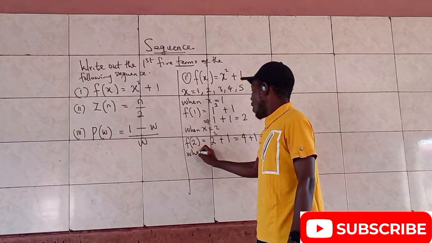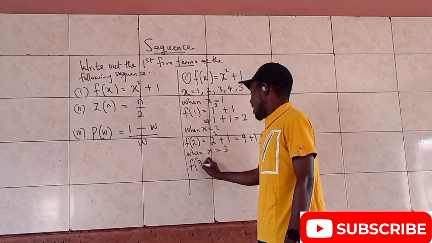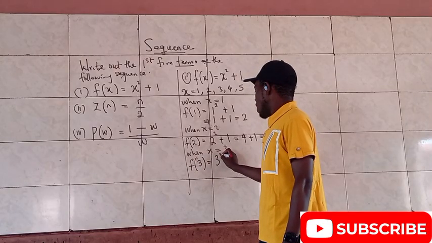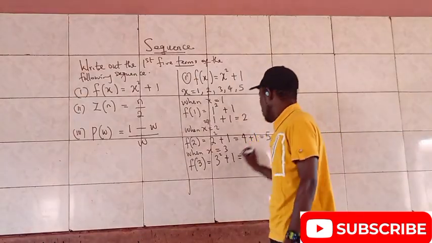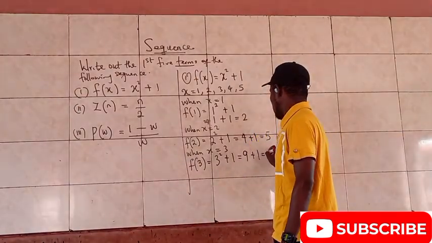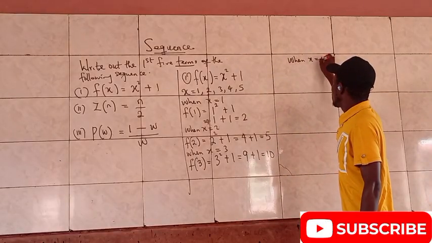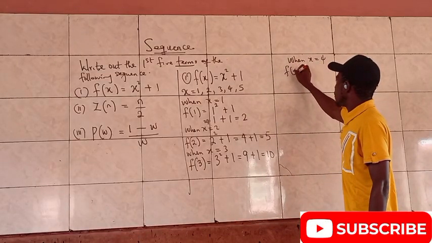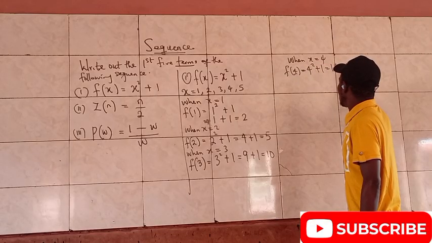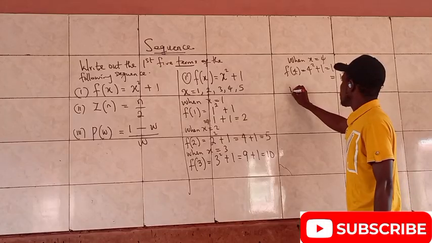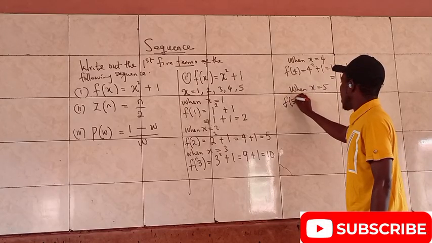Then when x is equal to 3, meaning where I see x, I put 3, and that is 3 raised to the power 2 plus 1, and 3 raised to the power 2 is 3 times 3, and that is 9. So 9 plus 1, and that is equal to 10. Then when x is equal to 4, f4 is equal to 4 squared plus 1, and that is 16 plus 1, and that is equal to 17. Then when x is equal to 5, I will have f5 equal to